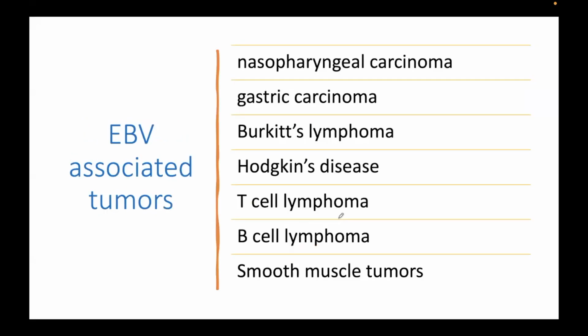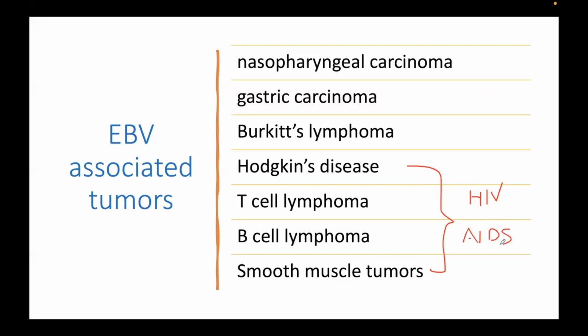Now, these are the Epstein-Barr virus associated tumors. Most pathology books, most microbiology books only mention 3 tumors. Take note, Harrison's mentions more. Nasopharyngeal CA, gastric CA, Burkitt's lymphoma, Hodgkin's, and T-cell as well as B-cell lymphoma and smooth muscle tumors. It is the last 4 which are usually seen in severely immunocompromised, particularly those with HIV or AIDS. So please